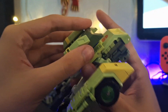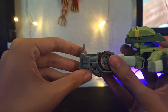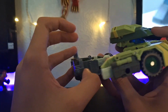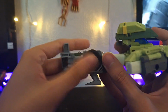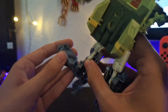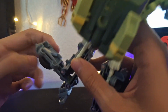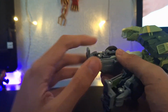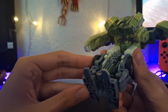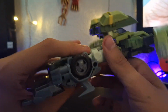And then what you're going to want to do is you're going to want to come to the legs here. First things first, you're going to want to bring his ankle out so you can open up this little panel here, and then flip out these little fins, close that back up, put his foot back, do the same thing on this side, so just tilt the ankle, open this up, and then flip out the camera focus, there we go, flip out this little fin, close it back up, put the ankle back where it was, then tab the legs together, just like so, bring the feet up and out like that,